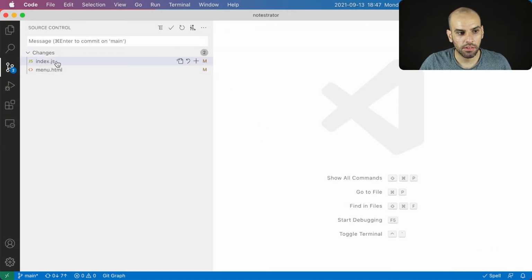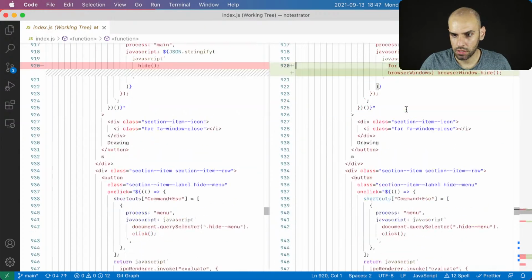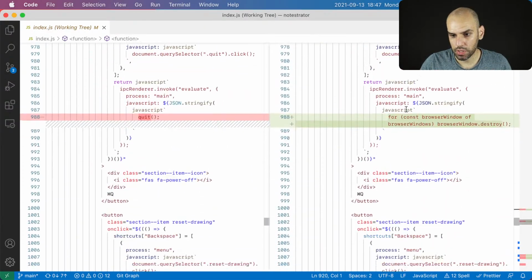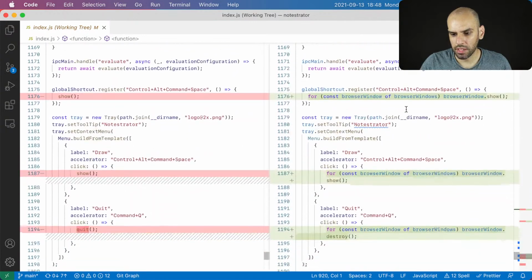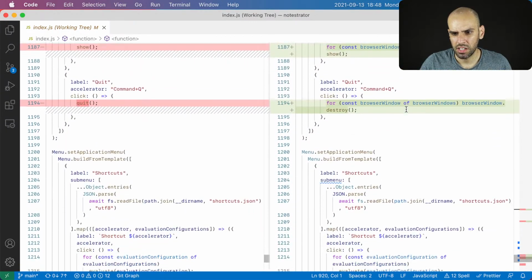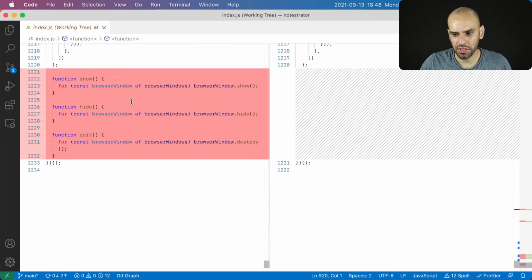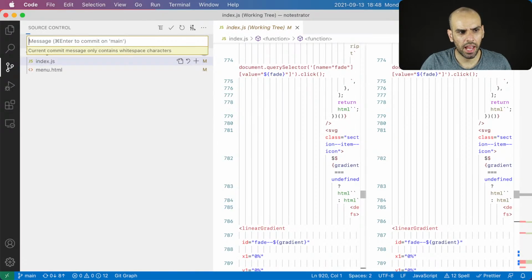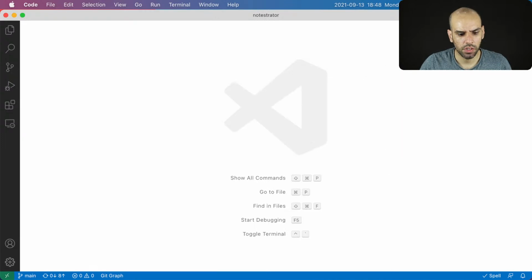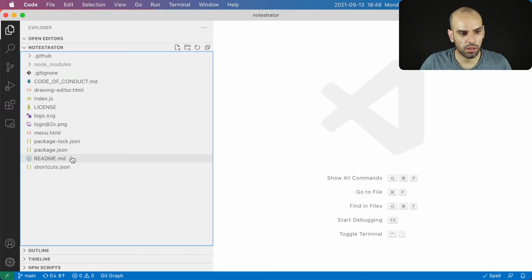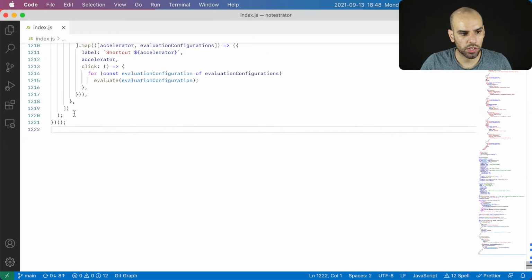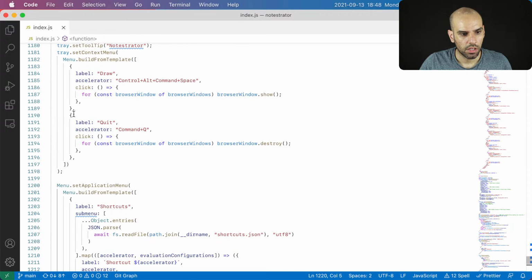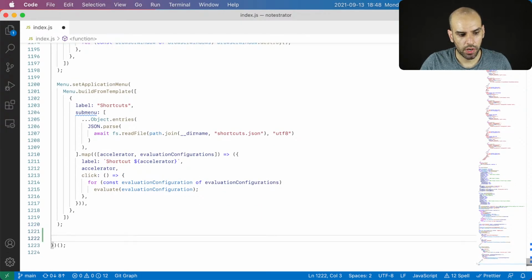Now let's see if we like what we have. It is more verbose. We are repeating ourselves a bit more. I think it is clearer. Kind of don't like having the auxiliary functions there. I mean, this code, I don't like the way it reads. And I already have sort of the abstraction of the browser window, so I can manipulate all of them together. And that was the intent of those functions in the first place. All right, so now I have a good position where I want to have my undo redo stacks,